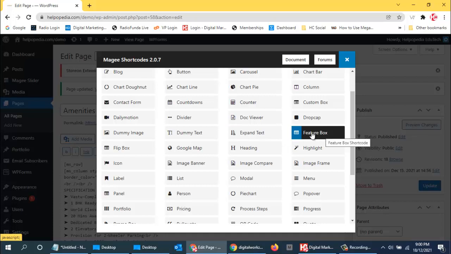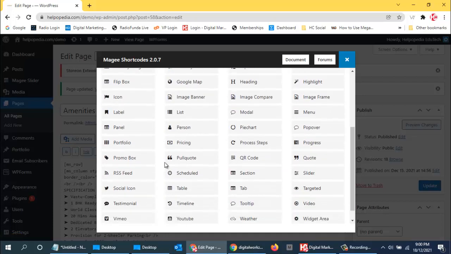Then over here drop cap is there, then image compare is there. See, image frame is there, image banner is there. You can use icon also, you can use label also. So yes, various options are available for images also that you can use. You can try out, you can even use menu also. Then progress bar also you can use, so that is a good option.